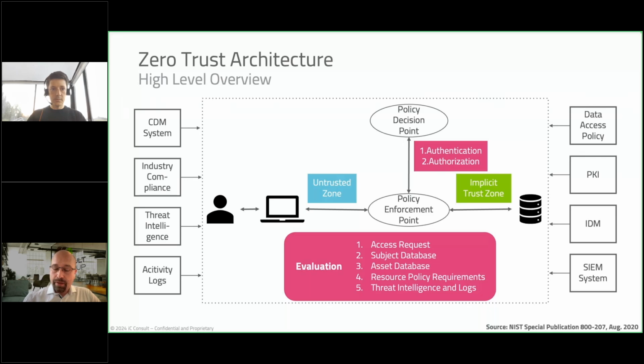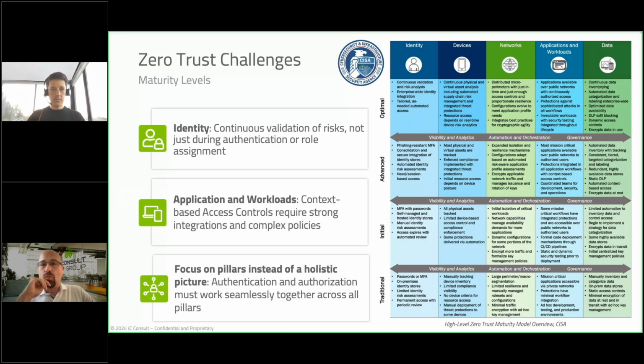Then another important aspect when it comes to zero trust is the question of what kind of maturity do we have? There's one framework from the Cybersecurity and Infrastructure Security Agency. There are other frameworks out there. I don't want to go into the details. Typically, the approach is we have different pillars, for instance, the identity pillar, the device pillar, and so on, on the one side, and then maturity levels we can achieve in these different pillars. And I would like to highlight here one